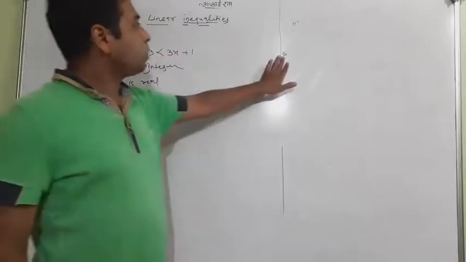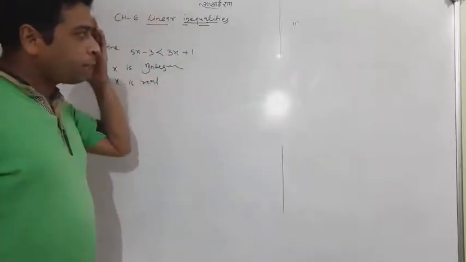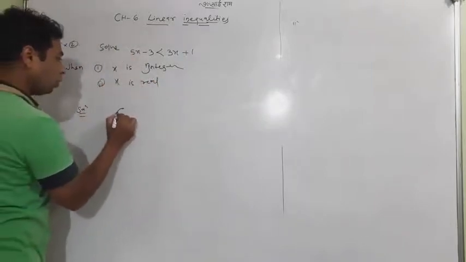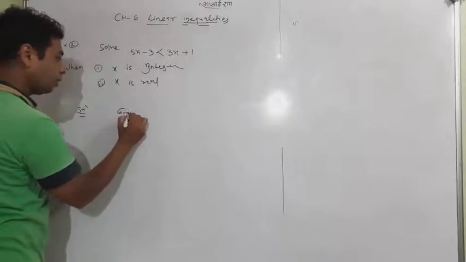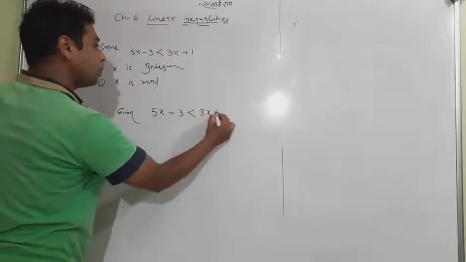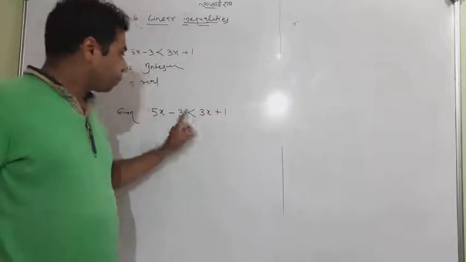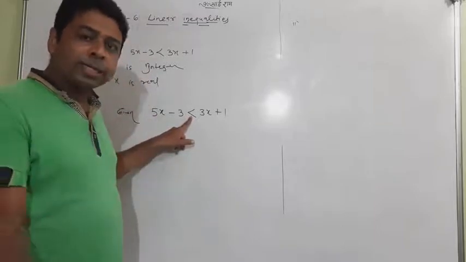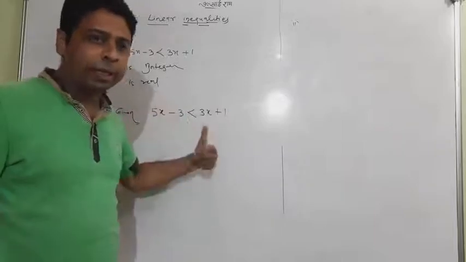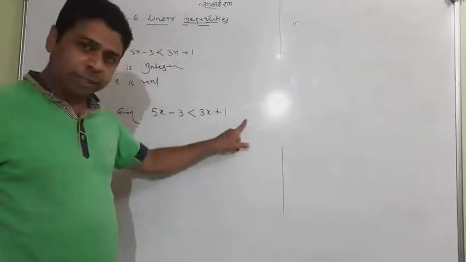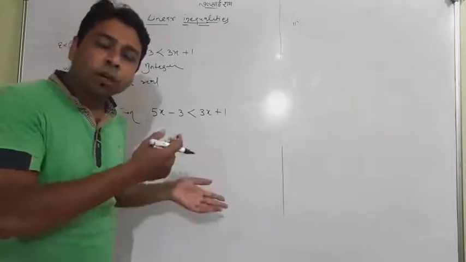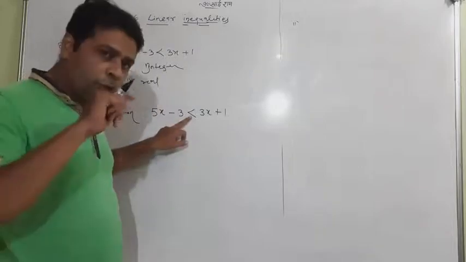Okay, a few things before starting, let me speak something. We have given the inequality 5x minus 3 less than 3x plus 1. So let me speak frankly that you can treat that symbol as equal to when you transfer a number across with plus or minus sign, meaning that minus 3 you can transfer there with the plus sign, and 3x you can transfer with the minus sign. So in the case of transferring plus and minus, it works as an equal to sign.